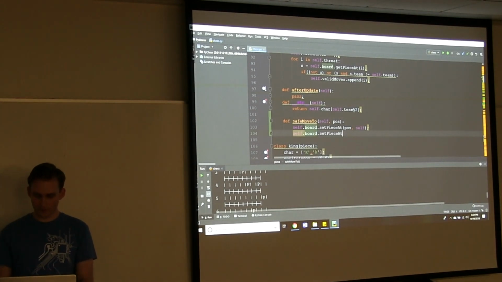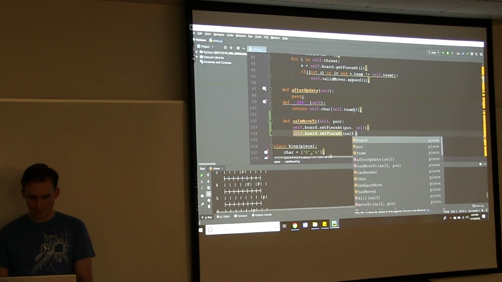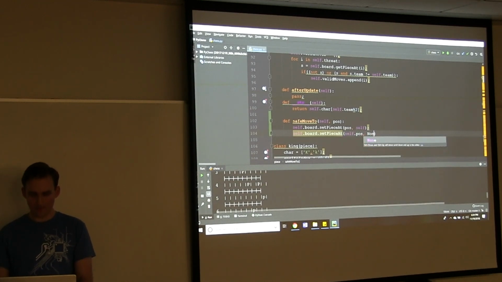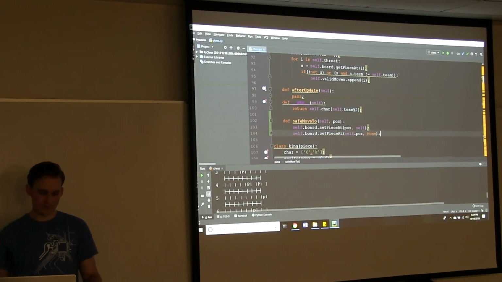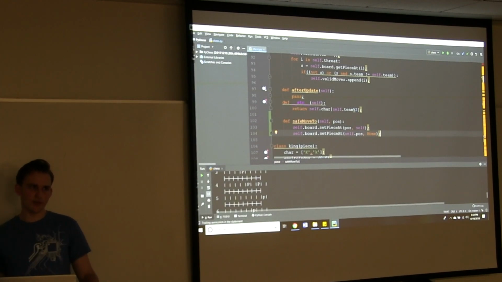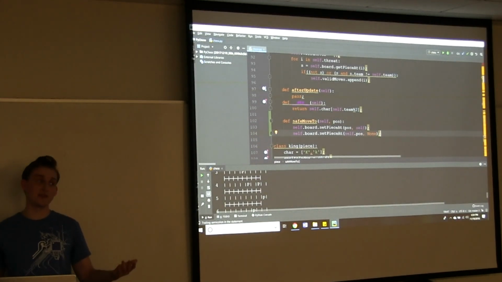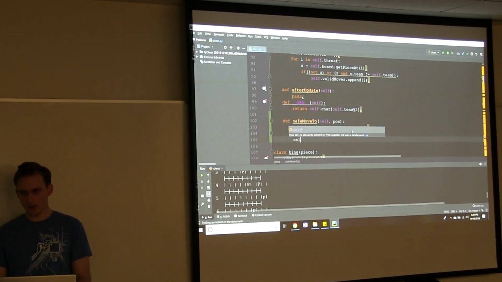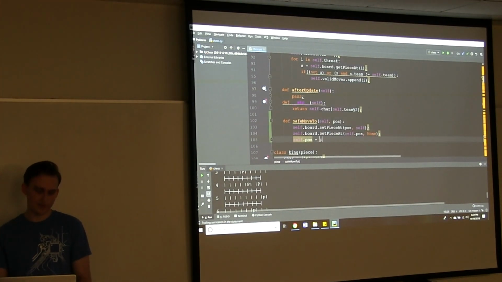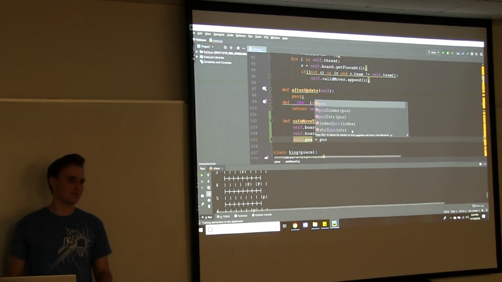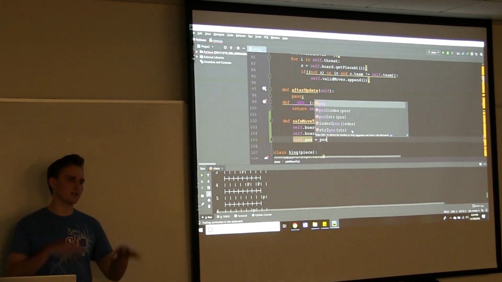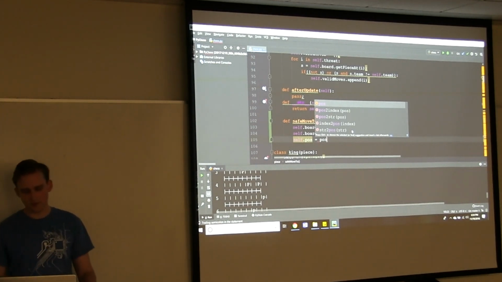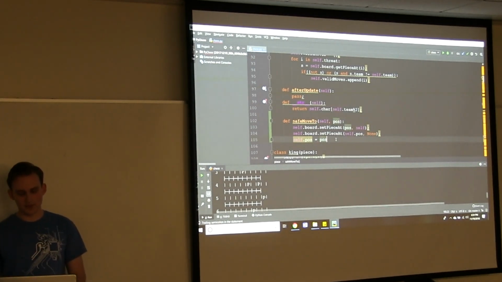And we are going to set our own position to none. So you're moving yourself away, so obviously the square you just left is always going to be empty. So you set your own position to none, and then you want to actually update your internal position so that the piece knows it's on A7 or whatever. And that's for the purposes of Pygame actually rendering it in the right square. So it's important to maintain your idea of where you're placed as a piece.